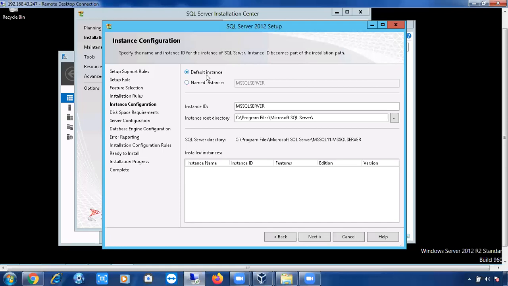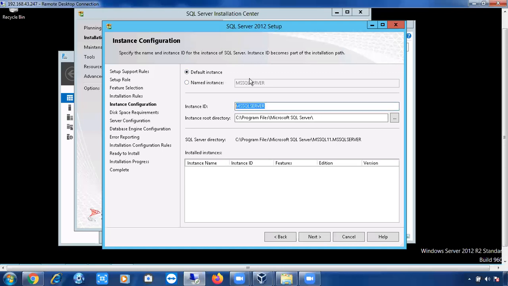It's not compulsory that if you're installing for the first time, you have to select the default instance. For the first time you can also select a named instance. But I don't have any default instance, so I'm creating a default instance. The default instance will take the computer name automatically. For named instances, we have discussed what kind of name and what rules we have to follow while giving the named instance name. We have discussed everything. So this is the instance ID.